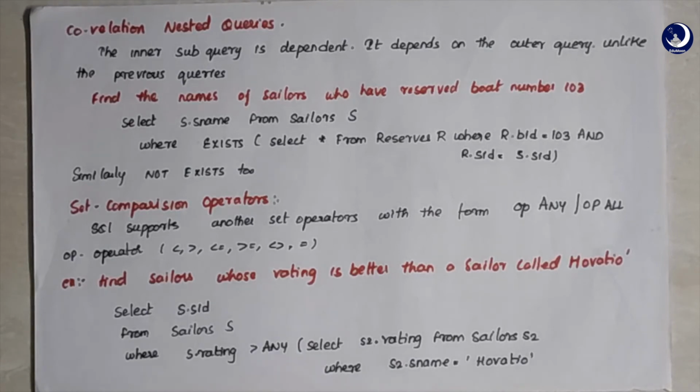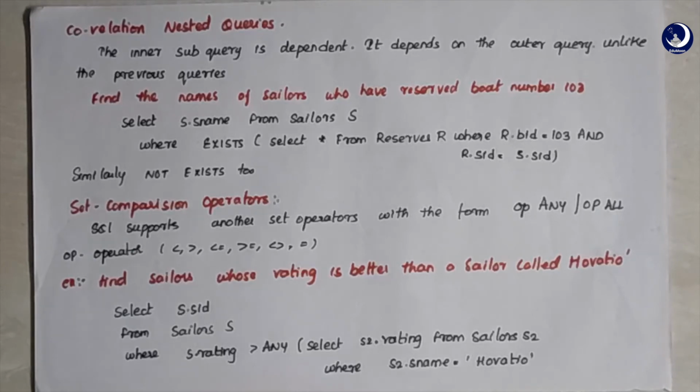Here, in the from list of the inner query, I have not taken the sailors table. Where am I getting this sailors table from? Of course, I'm getting it from my outer query, which says this inner query is actually dependent on our outer query. So whenever we are using an EXISTS statement or construct, we first compute the outer query and then we come to the inner query.